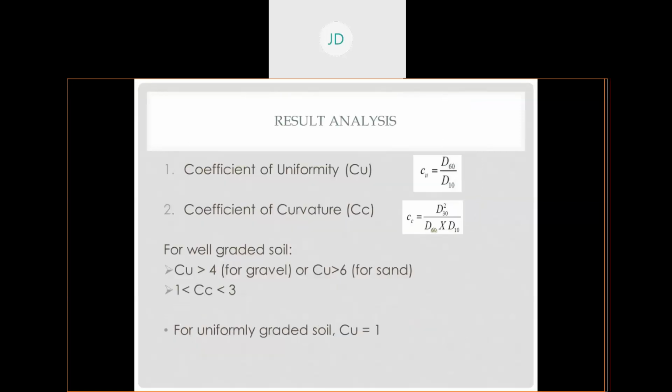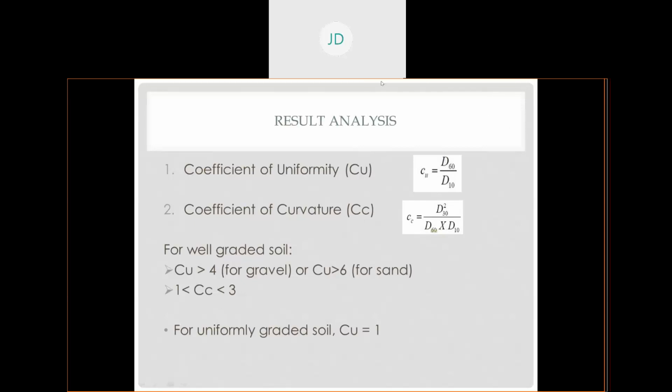After getting the values of D60, D30, D10, why did we find them? Because we can find out the grade of soil. For that, new terms will come. We need to find these two terms: coefficient of uniformity and coefficient of curvature, denoted by Cu and Cc. Cu can be found by D60 by D10, and Cc, the coefficient of curvature, is found by this formula, that is D30 square